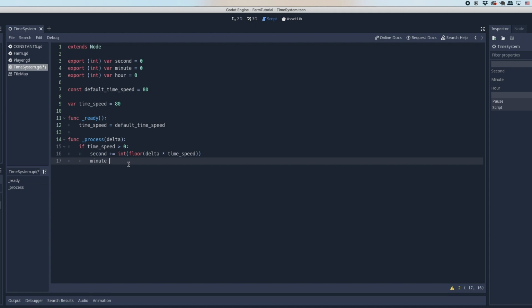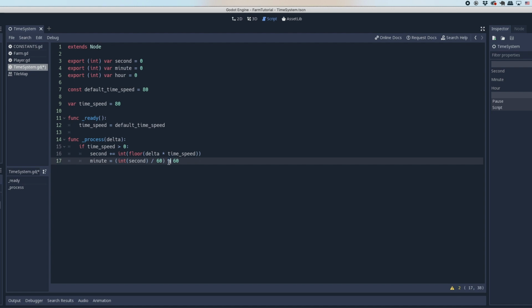Then minute, well, we don't have to do plus, because second will always increase, and minutes will always be calculated based on the second we have right now. So second, even though we know second is integer, to prevent further bugs that you may not know about, I always put integer just in case. You don't have to do this, but if some weird bug happens, you can do this to prevent them. And